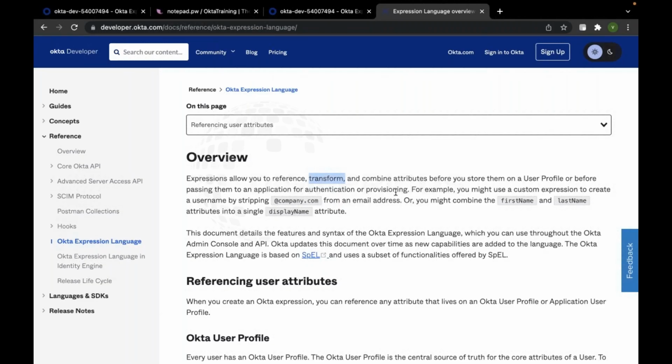So you can just transform the data, and also you can combine the attributes. For example, let's assume you do not have an attribute which lets you know your full name, but you have your first name and you have your last name. So you can just combine or concatenate these two attributes to get your full name. You do not have any attribute on Okta which gives your full name, but you have two